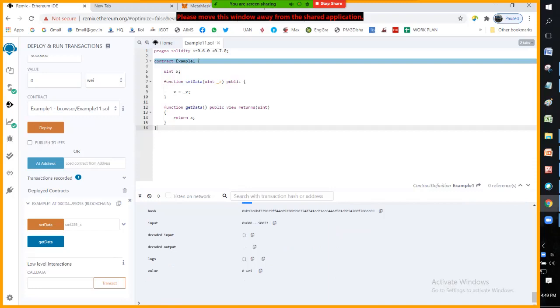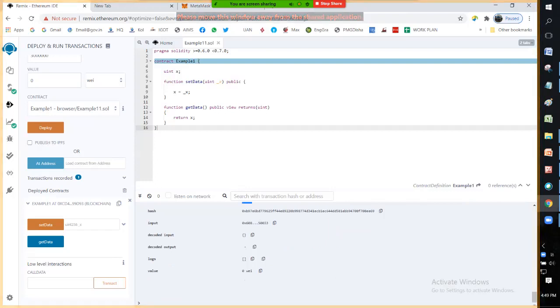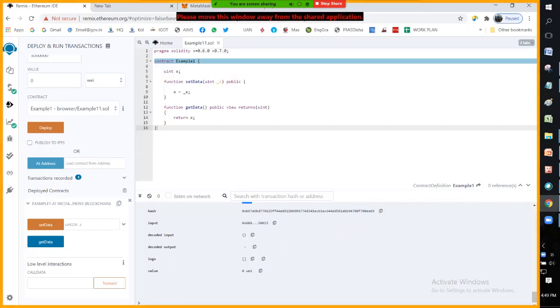Okay, and right now I have not transferred any currency to my smart contract, so this value is 0. This value we will be using in later examples where we would be passing some value to the smart contract, and through this value variable we would be able to retrieve the amount that was transferred to our smart contract. So right now over here I'm doing a very simple thing.